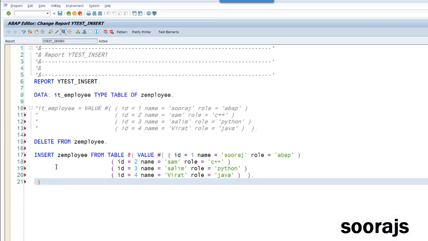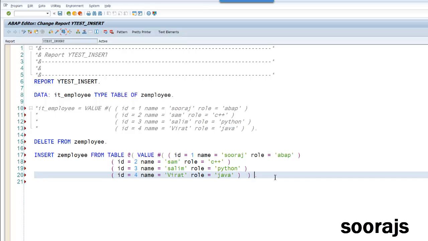All right. So let me check the syntax. Activate. I'll just try to add one more record.